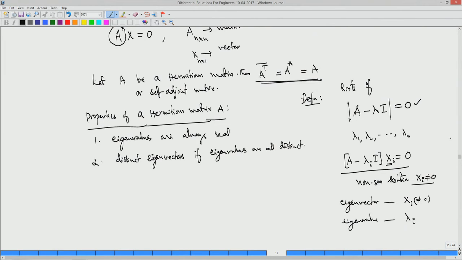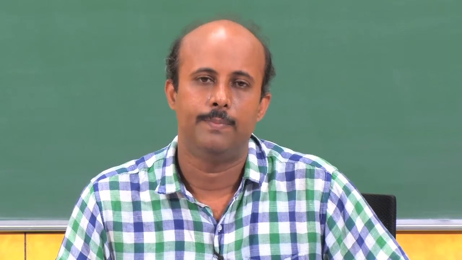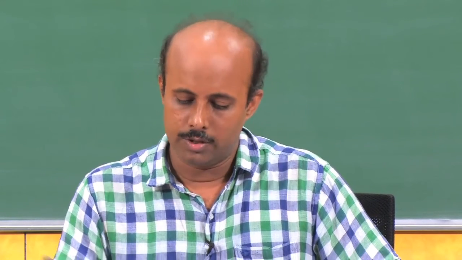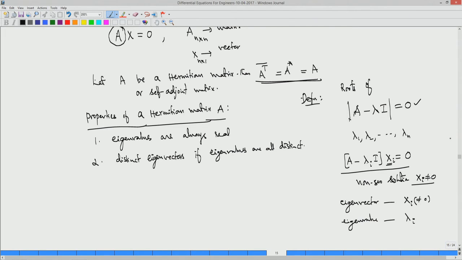They are different from each other. If they are repeated, suppose lambda 1 is repeated thrice, you can find 3 solutions. Consider (A minus lambda 1 I) x equal to 0 for lambda 1. Because lambda 1 is repeated thrice, lambda 2 is also lambda 1, and lambda 3 is also lambda 1. In that case, if A is a Hermitian matrix, I can always find 3 linearly independent solutions for